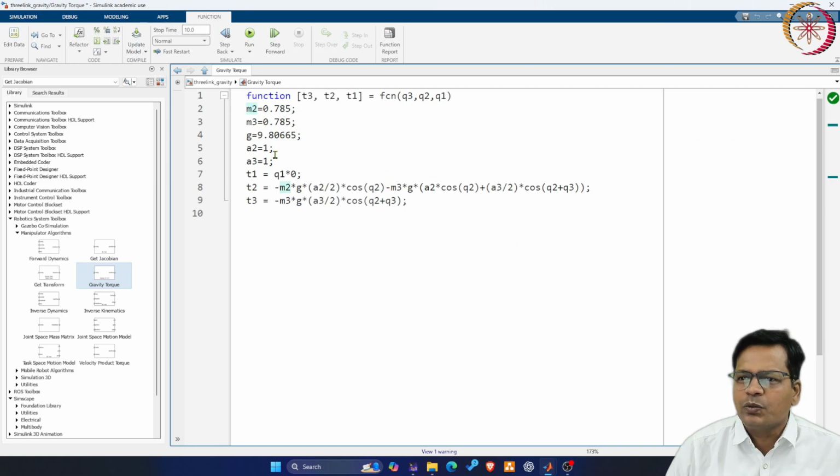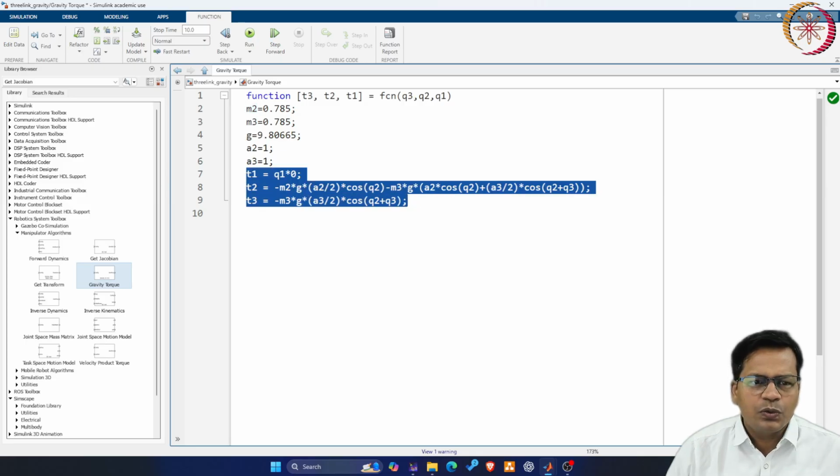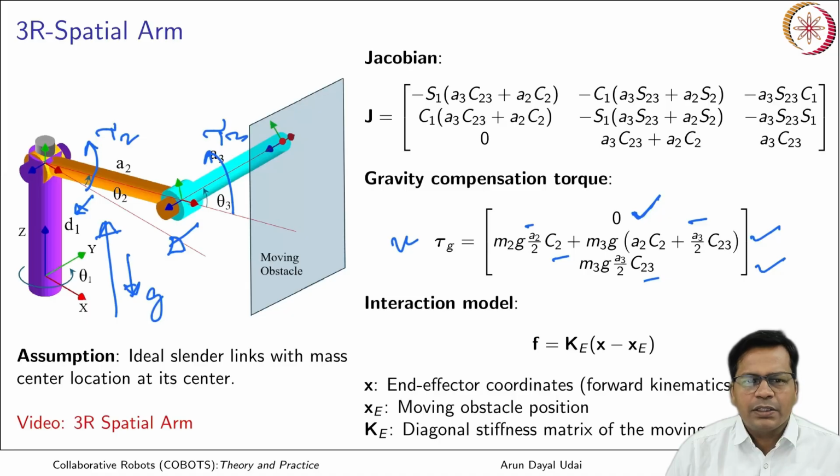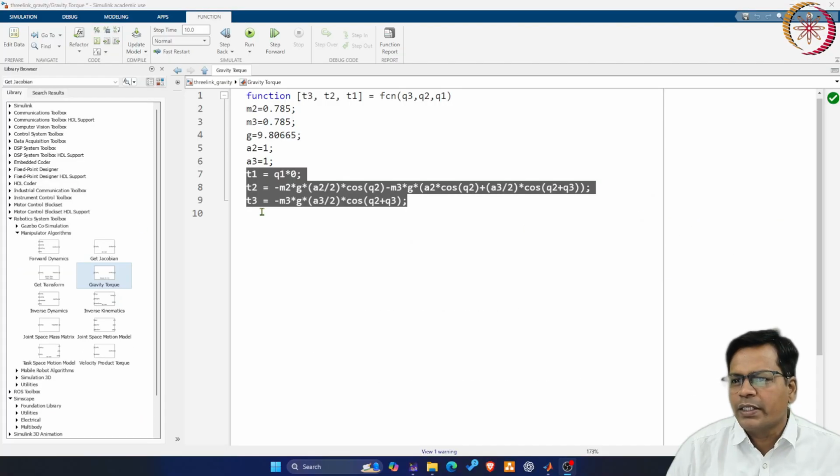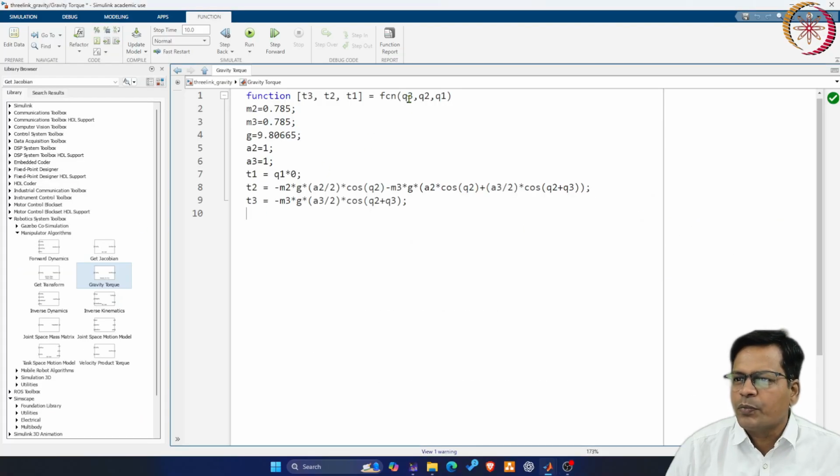Link lengths are a2 and a3, those are here. This is exactly what I have shown you over here. Exactly this torque is coded here in the MATLAB fashion. So input variables are joint angles q1, q2 and q3. Output variables are t1, t2 and t3. That is passed through this.